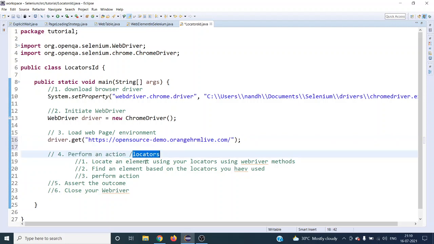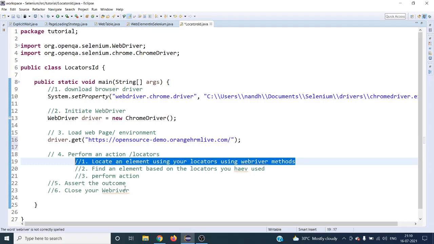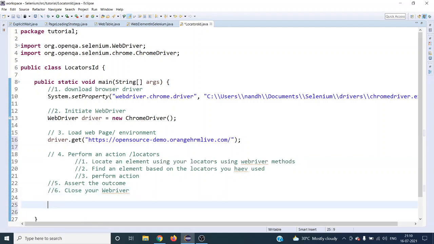Using locators. Selenium WebDriver provides 8 different locators. Let's see them one by one.